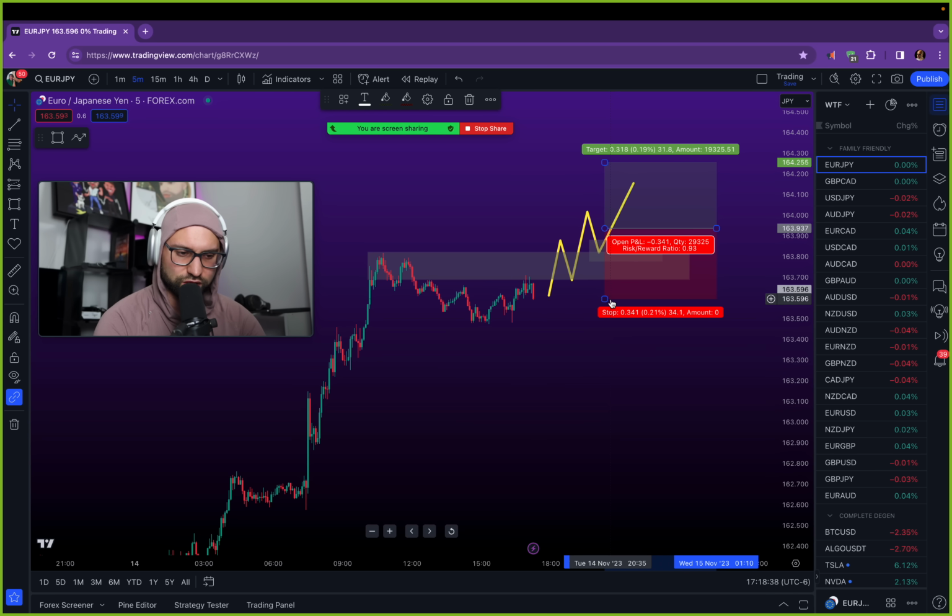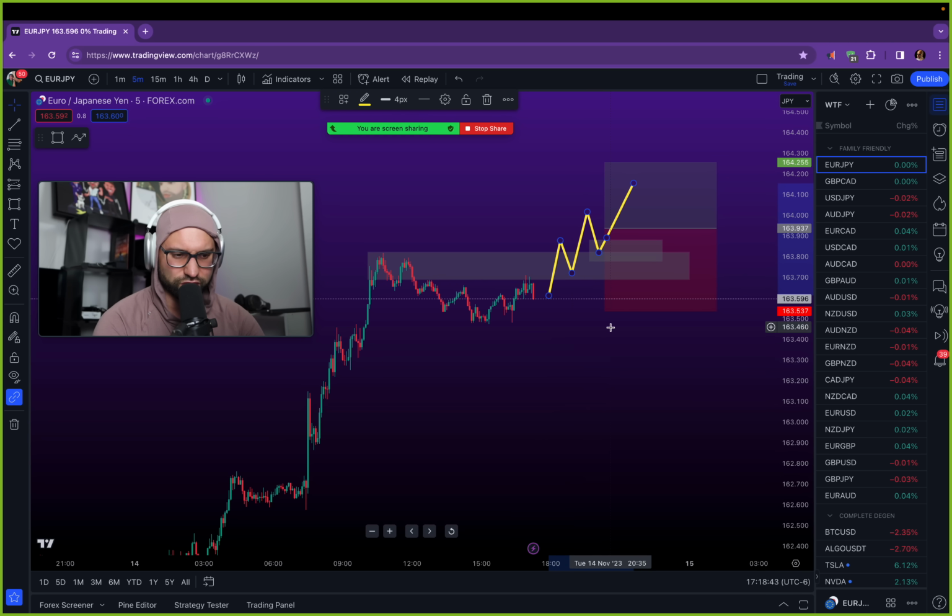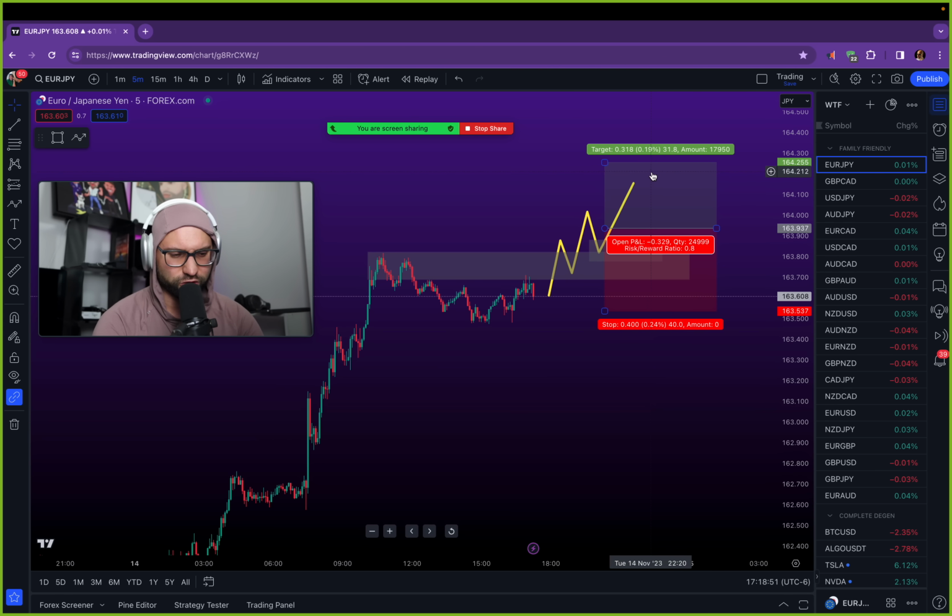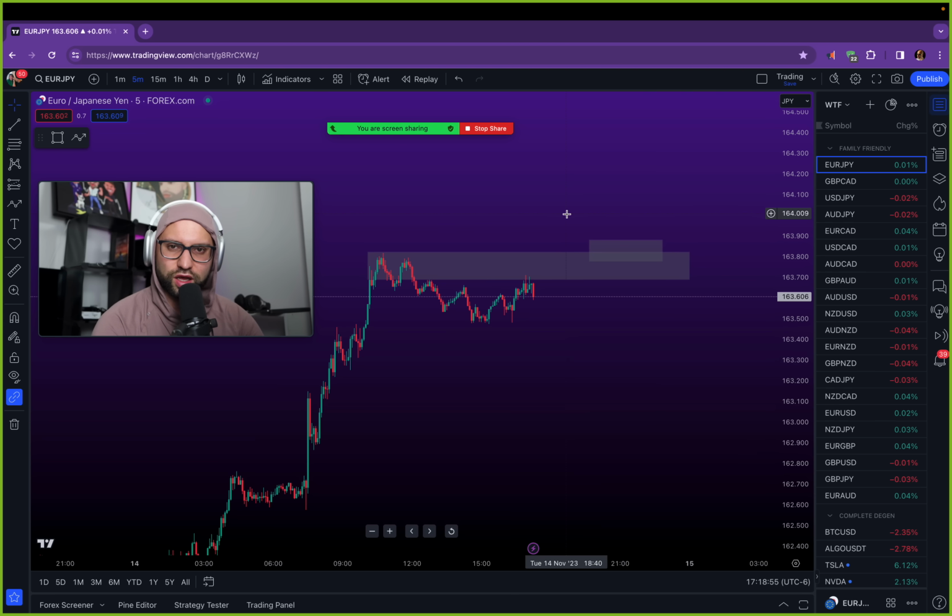Some people just say it's where they put their stop loss. I usually put it underneath one of the last two lows. That just gives me a little bit of insulation in case it pulls back a little deeper, but still makes a higher low and still goes up. It just gives me a little bit of room. So the cool part about this is that you have ideas that align across multiple time frames,